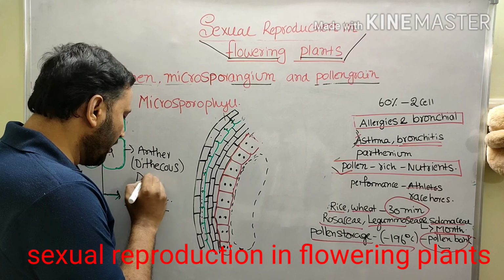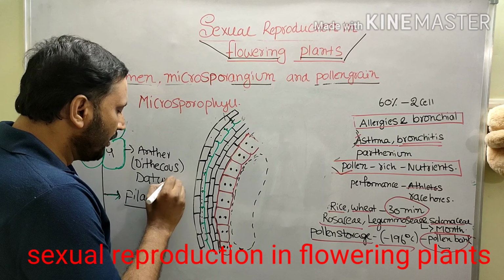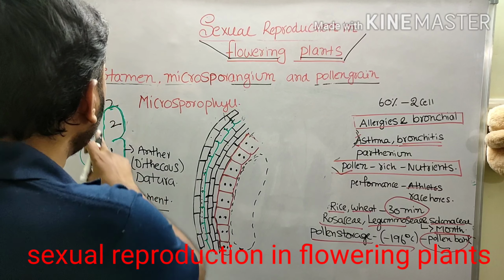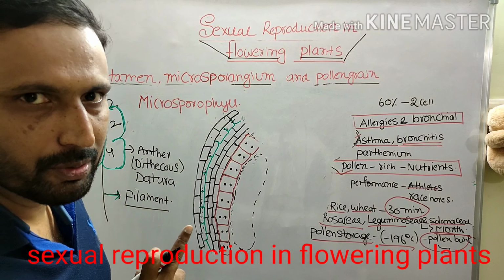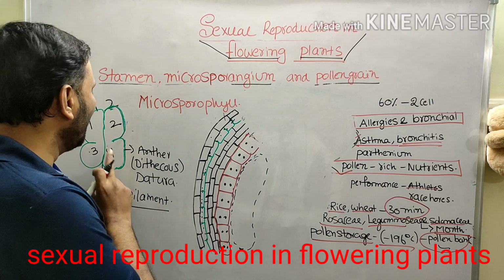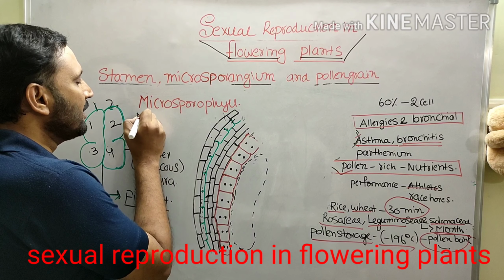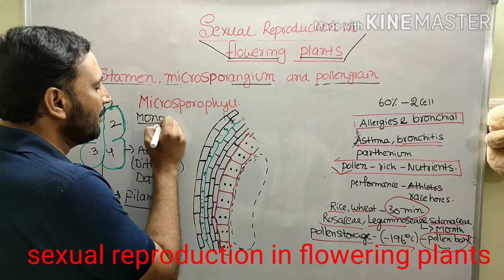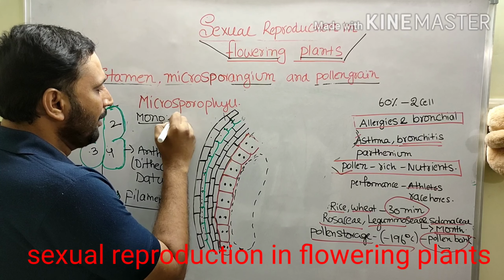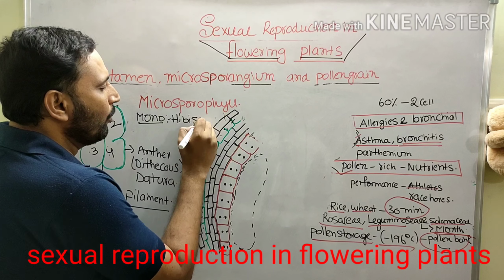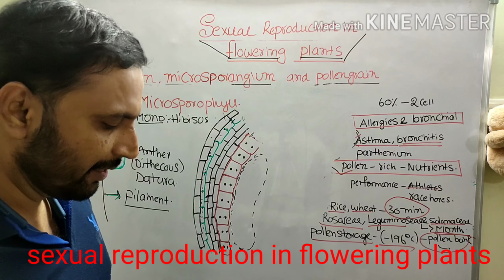Example, Datura. In a dithecous stamen, how many anther lobes? Two anther lobes. How many pollen sacs? 1, 2, 3, 4. Four pollen sacs. Whereas in a monothecous stamen, example Hibiscus,